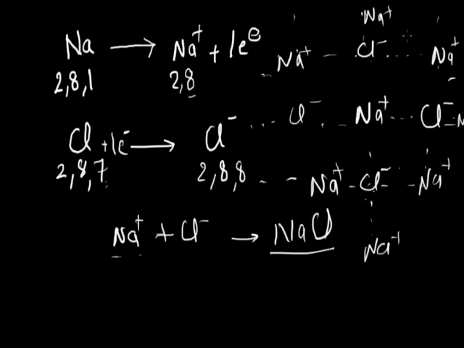be converted into a crystal lattice, and according to the crystal lattice there is an alternate order of cation and anion. The distance between opposite ions, that means Na+ and Cl-, Na+ and Cl-, is less than the distance between same ions, that is Na+ Na+ and Cl- Cl-. Now we can say that the attraction force between Na+ and Cl- is greater than the repulsion force between Na+ Na+ and Cl- Cl-.